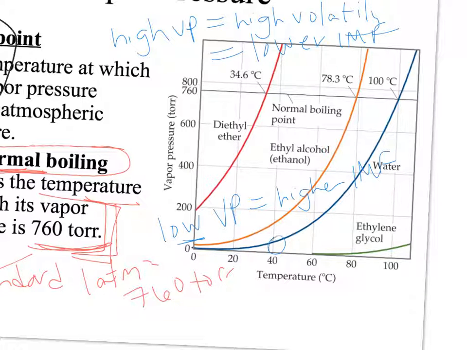So water would have the highest intermolecular forces. Well, I suppose if you went out here, the highest intermolecular forces would be between ethylene glycol. What I'd like to do in class tomorrow is look at the different structures of these substances so we can compare their structures with their intermolecular forces and then the effect that has on their vapor pressure and their boiling points. I think this video is pretty long now, so I'm going to stop here and we're going to talk about phase diagrams in class tomorrow.